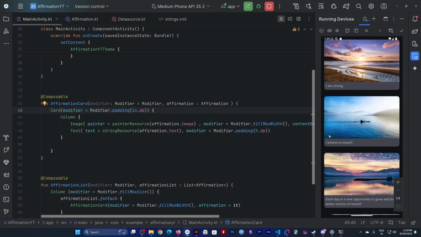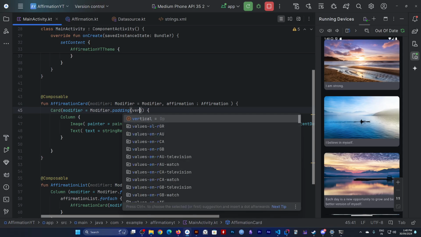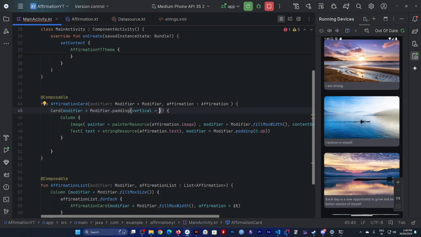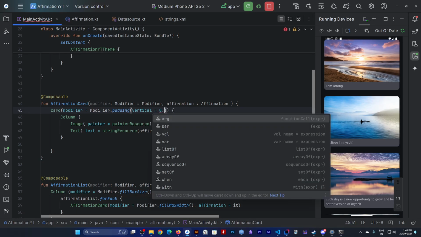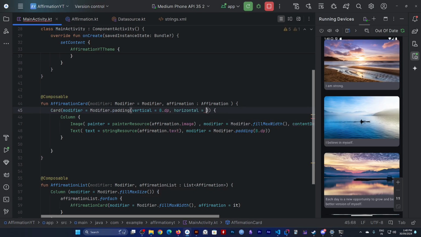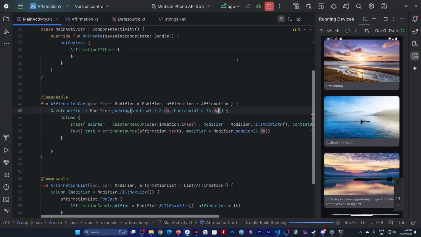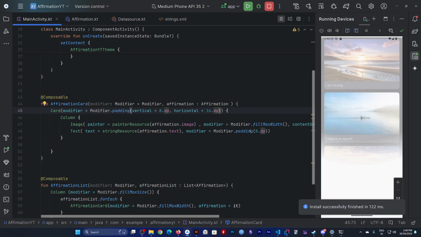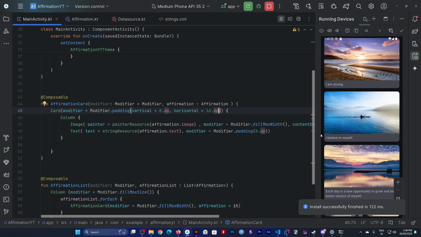So essentially our padding on the top and bottom is way too high, so what we could use is the vertical and horizontal properties. So vertical, that was way too high, so we're gonna use 8 dp, and horizontal we're gonna stick with 16 dp. Okay,